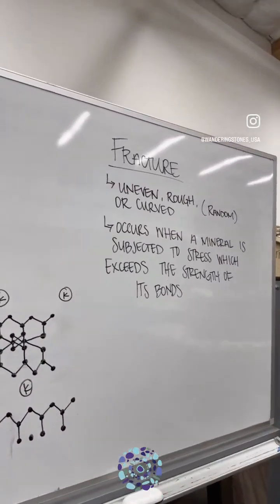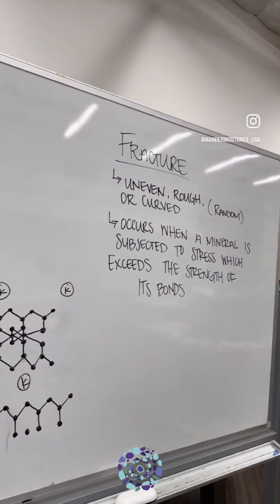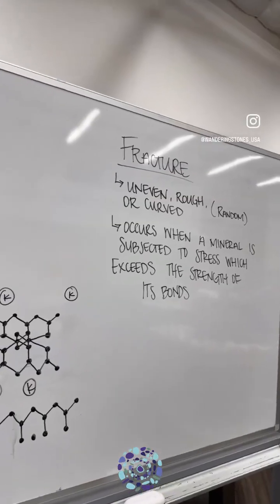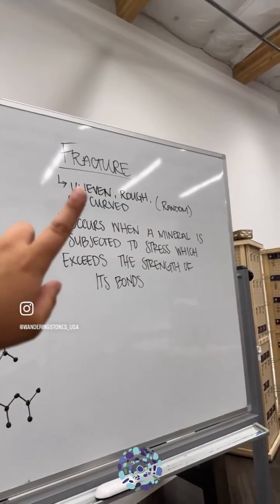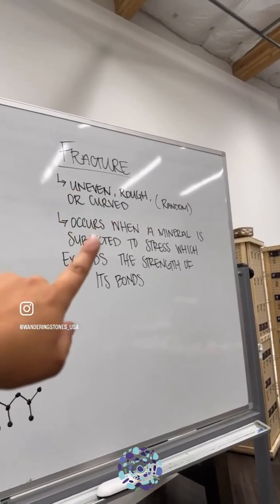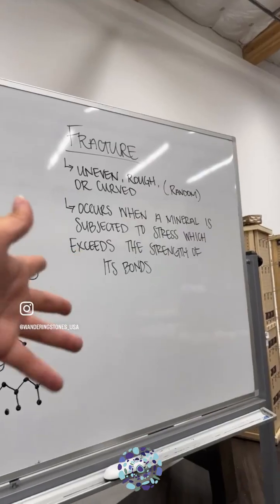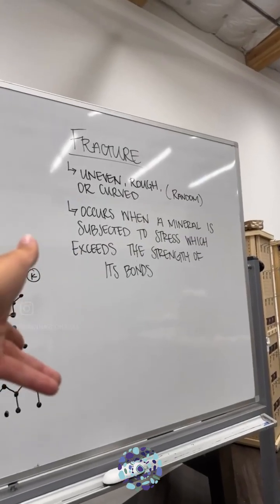Fracture occurs when a mineral is subjected to stress that exceeds the strength of its bonds, and the surfaces are often uneven, rough, or curved, and usually these are random because they're just stress breaks. So